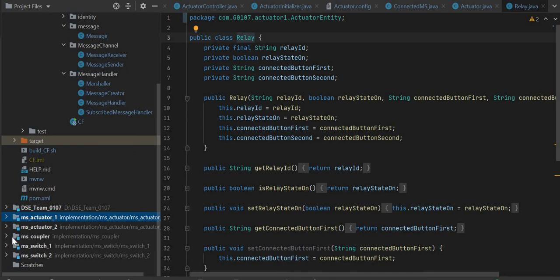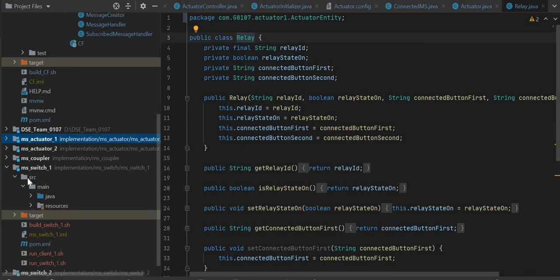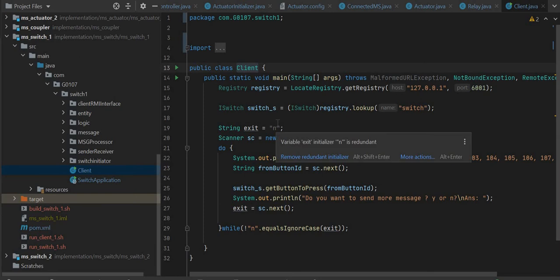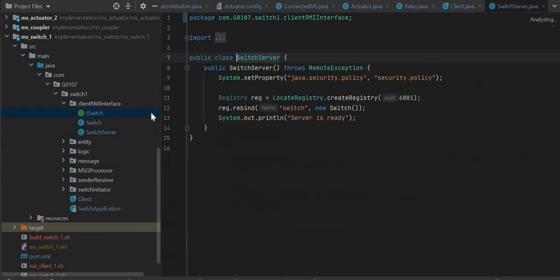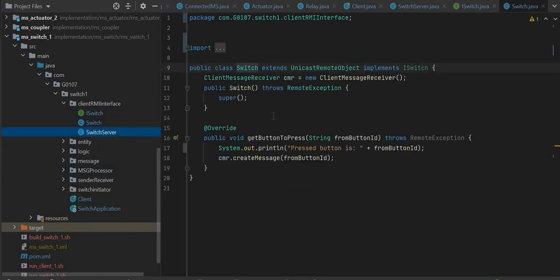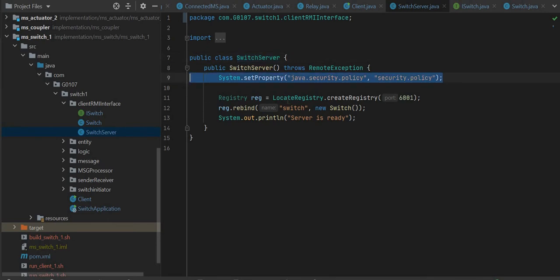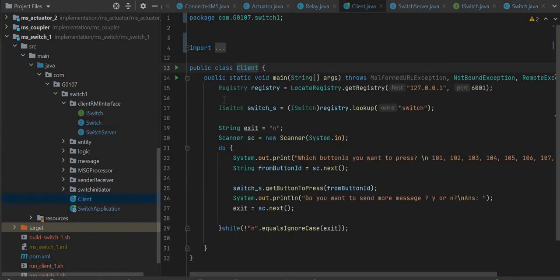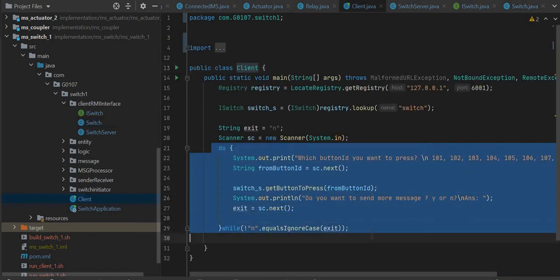Now we'll move on to microservice switch first, then we'll move to coupler. So we have here client, which will communicate with the switch through RMI interface. So this is RMI communicating to the client. The port is 6001 for this one with the local registry, and it will bind the client method here. So client will communicate using the RMI, and this is a do while loop, which is used for command